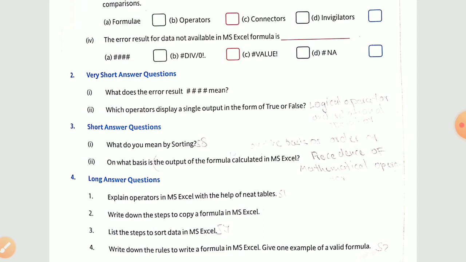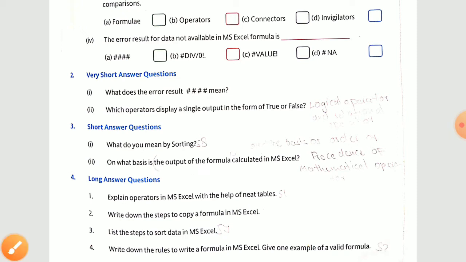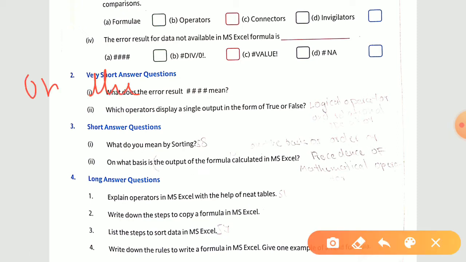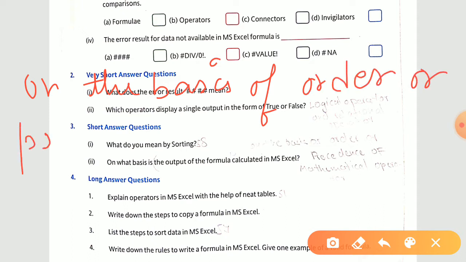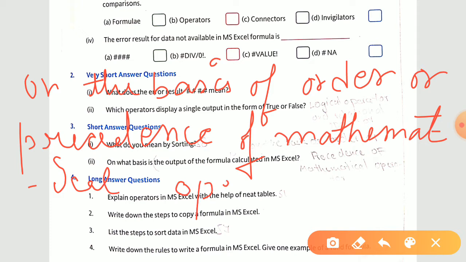So you have to write down directly from the question, the output of the formula is calculated on the basis of order or precedence of mathematical operator. Okay, so this much only you have to write down in your second answer.